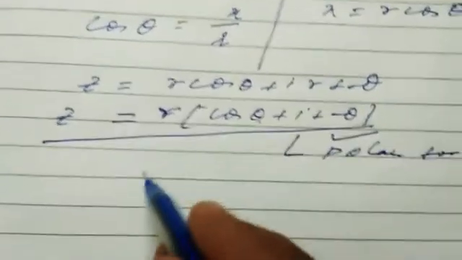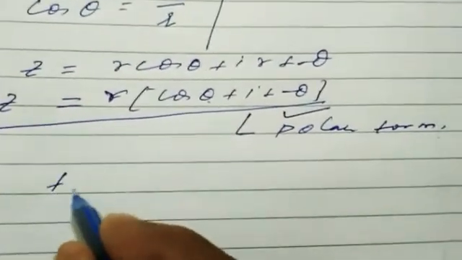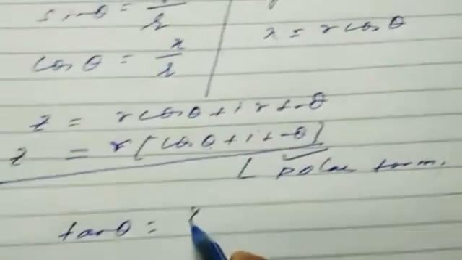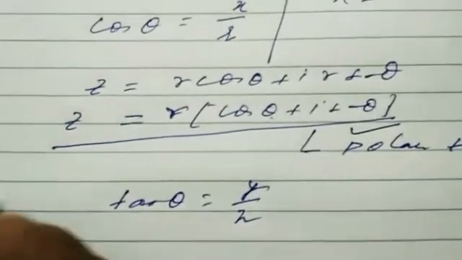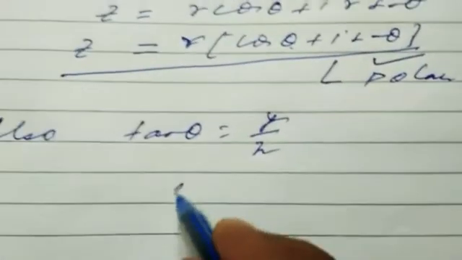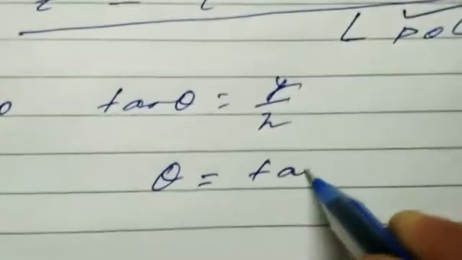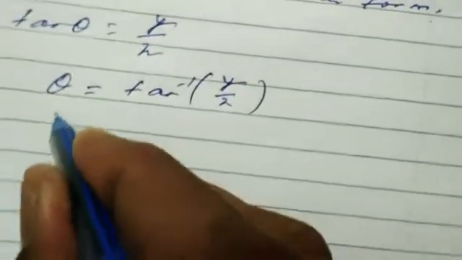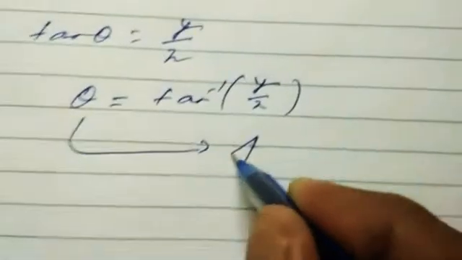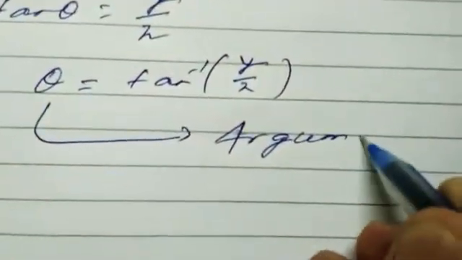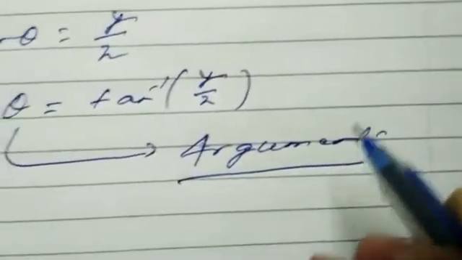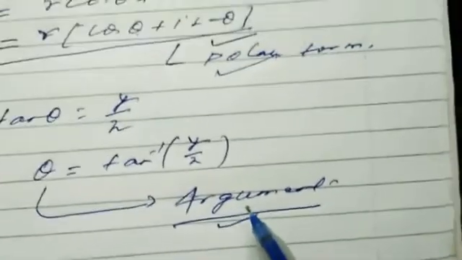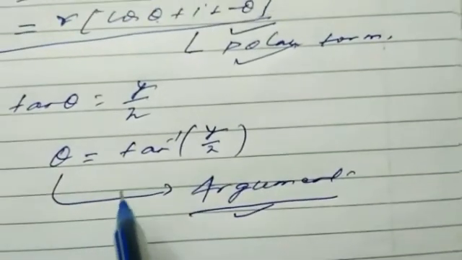Now, further, we can look at one more thing here from the figure. Tan theta will be y by x. Then from this y by x, we can find the inclination here. This is tan inverse y by x. Basically, this inclination is the argument. So, two things we gathered here: one is the polar form, the other is the argument. What is the argument? Basically, it is the inclination of the complex number with the initial axis, that is the x-axis.